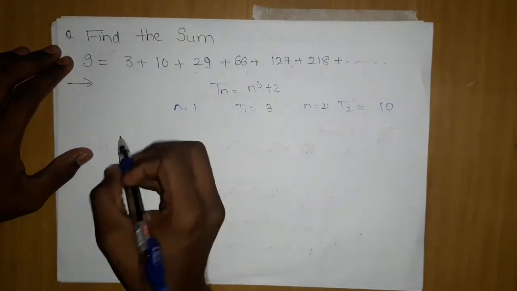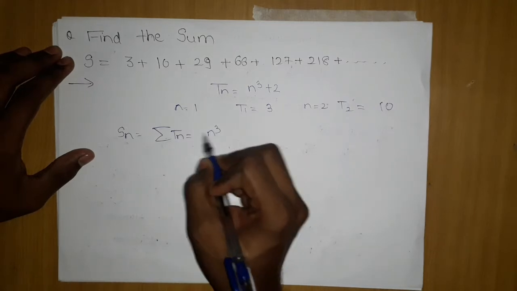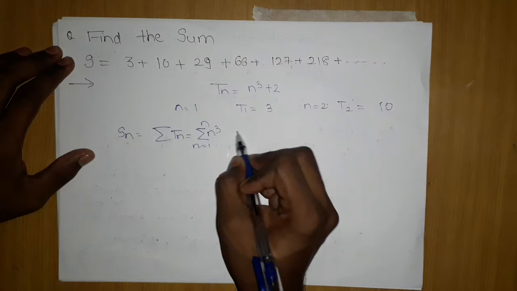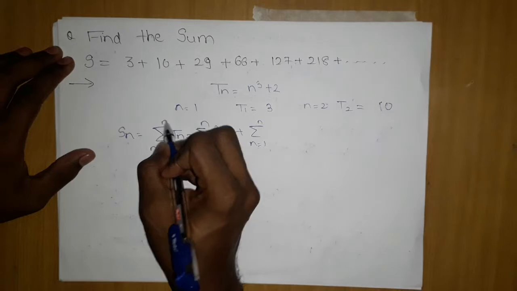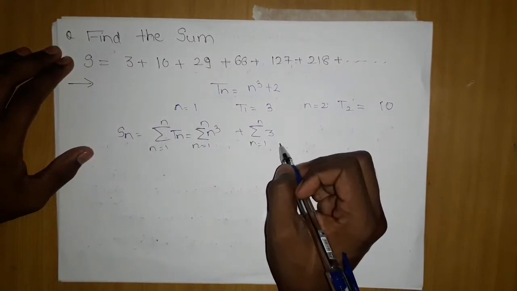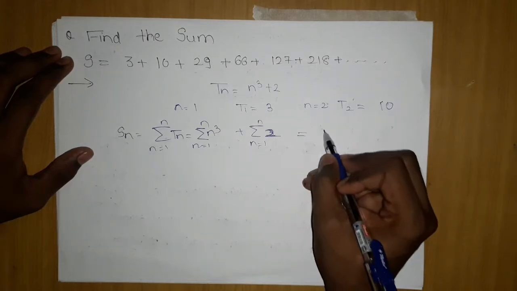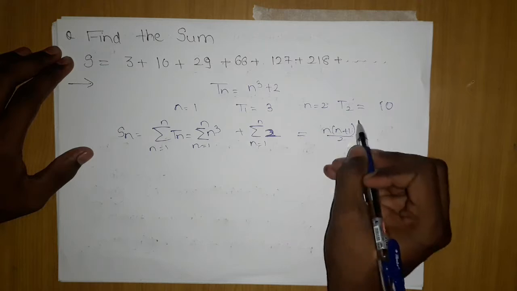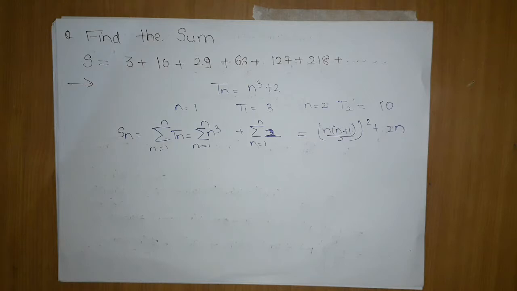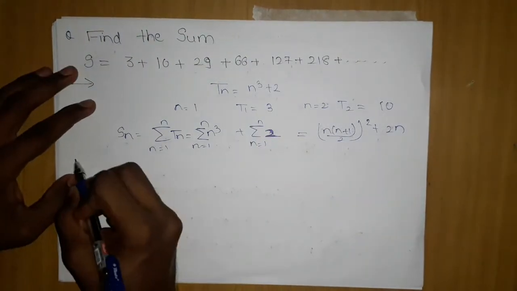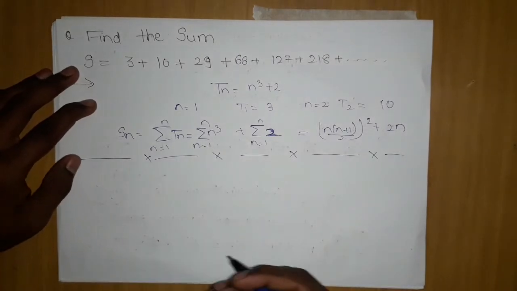So I can easily get my Sn now with the summation. Tn equals n cube, summation 1 to n, plus 2. Sometimes I may miss something here, like here I missed to write it, but you need to write that. Here you can clearly see n into n plus 1 by 2 the whole square plus 2n. So we got our answer so fast. If you can predict the Tn, guess it. Now just imagine that we didn't get the Tn. Again we will move with the general approach.